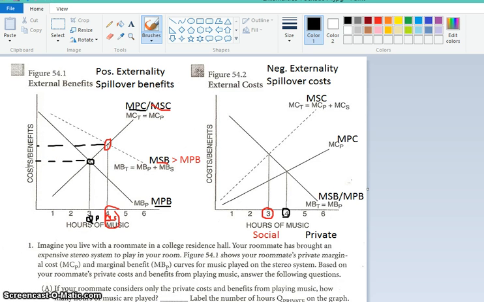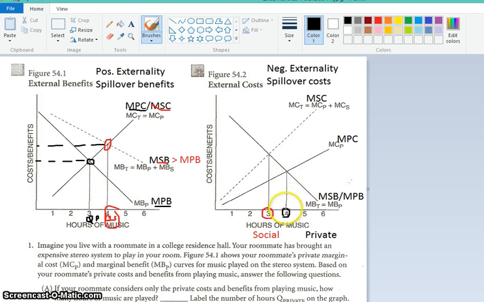This is the second part of D: when your roommate does not consider your external cost, in absence of external benefits. So we're looking at a place where we have no extra benefits. Well, that shouldn't be over here anymore because I see 2 benefits curves. There's only 1 over here. So now I'm back over here at the negative externality. So he's not considering your external cost. So that means she is only worrying about herself. The number of hours played is efficient, too high, too low.